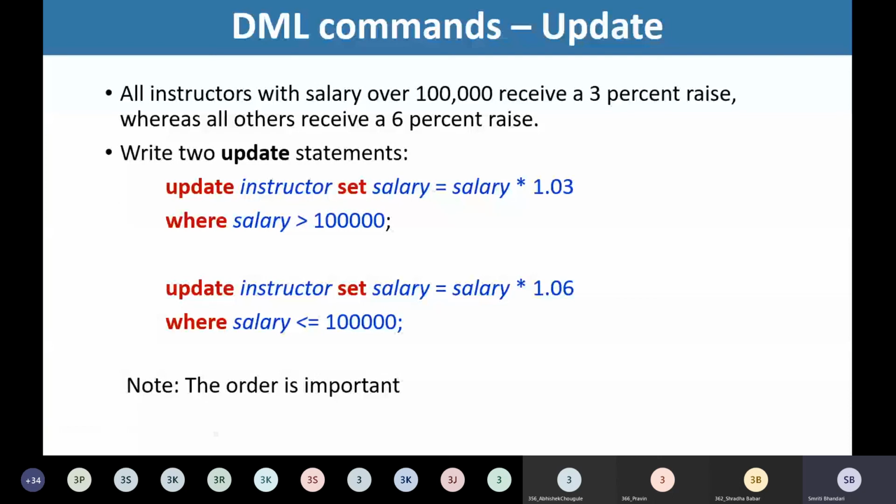That is why we need to make use of these update statements in the same sequence. First update the salary of the instructors for whom salary earlier was greater than 1 lakh, and next go for updating the salary for the instructors who have salary less than 1 lakh. So here the order is most important.